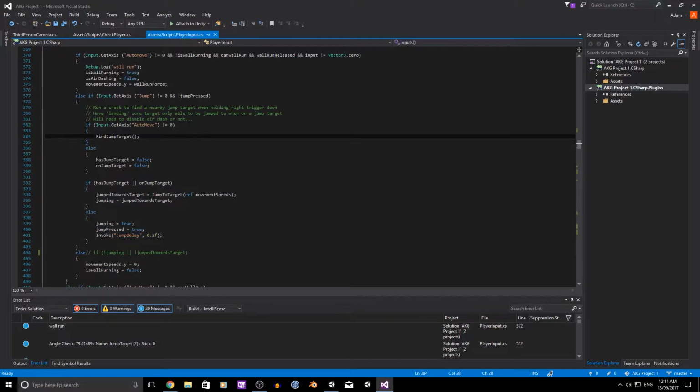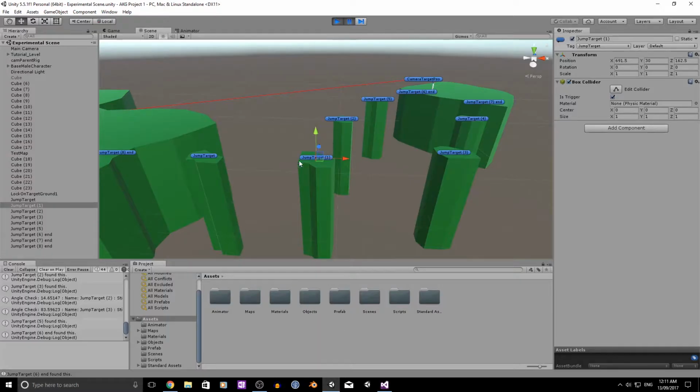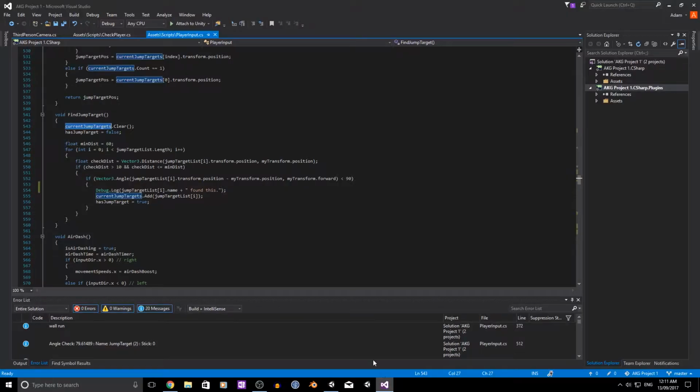So if we just jump through here, we have two lists, one that gets set each time we jump, and another one that starts at the beginning of the level, or when the player is instantiated. It grabs all of the correct targets around C, or these little blue things here, and it just goes through each of them, finds the ones that are at a min distance, which I've set to 60, and it adds them into this current jump targets list,